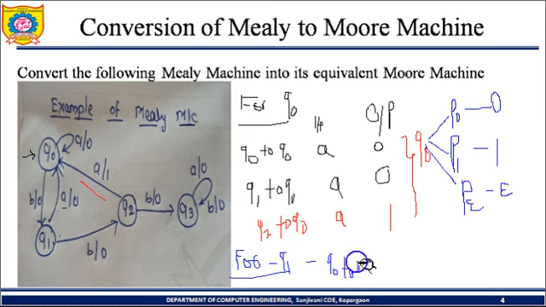On input B, output is 0. B is the input, output is 0. As it consists of a single output, there are no two or more outputs, that's why we are going to keep that Q1 as it is. So Q1 will be as it is with 0 output state, because here there is only 0 output.